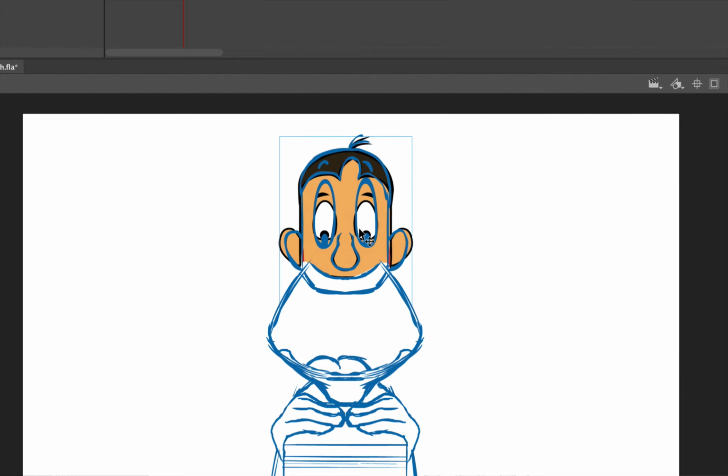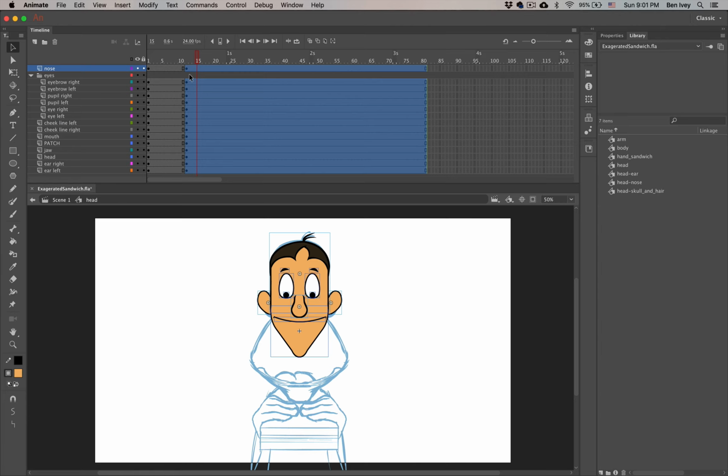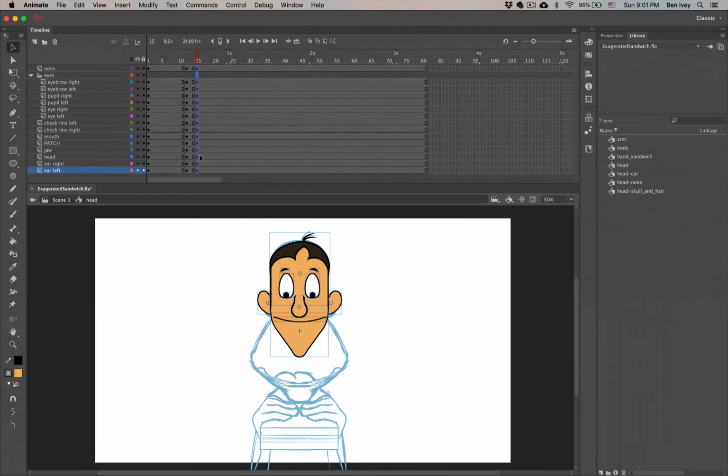Now you can also notice on this one there is going to be a little bit of stretching and distortion, so I'm matching that up to the top of my hairline with that. The final thing we need to do is to double click on the head and then select just the 15th frame within all of these by clicking and dragging down. There we go. With all of those selected, hit F6, and that will give you a keyframe for everything within